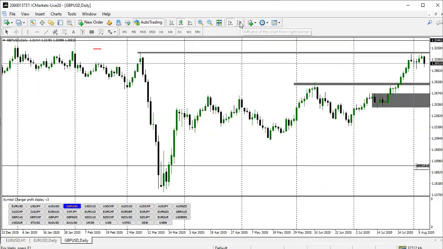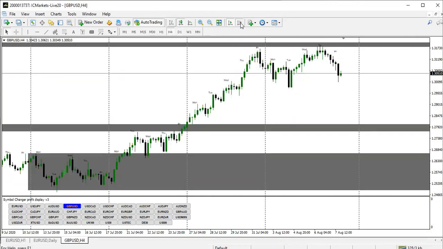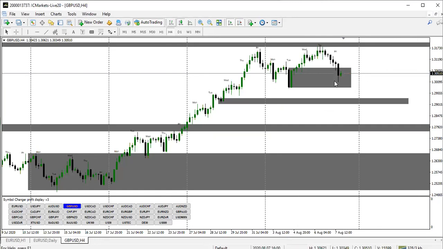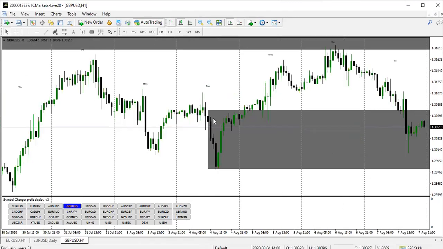But anyway, let's look for a lower time frame to deal with. Now, on that note, we'll be expecting the market to pull back to this zone before buying on the higher time frame. Now, let's see the 4-hour time frame. On the 4-hour time frame, we can see that this is actually a zone to consider. That's actually a zone, and this is also a zone that we can consider. Now, going to the 1-hour time frame, we can as well